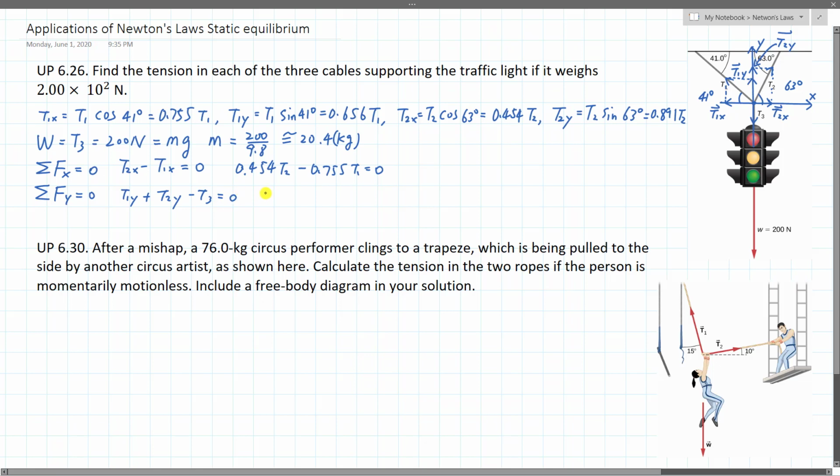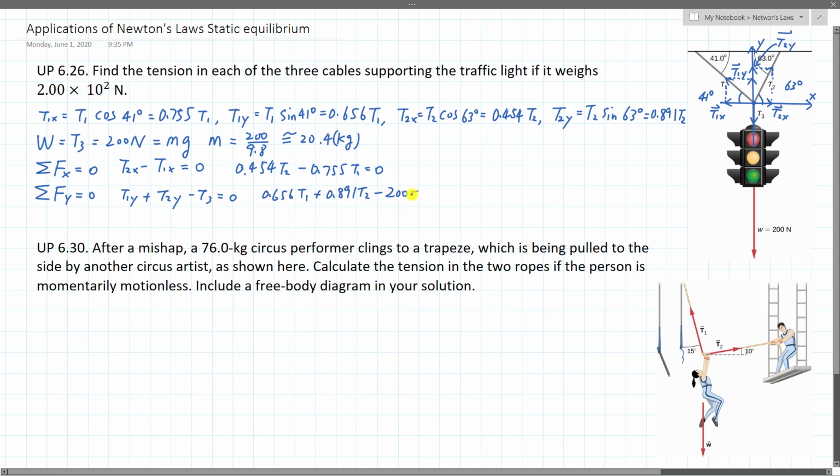And T1y is 0.656 T1. T2y is 0.891 T2. And then minus T3, which was known to be equal to the weight,